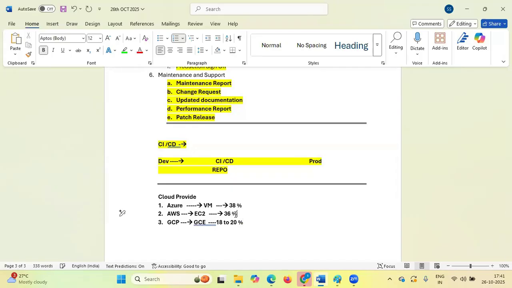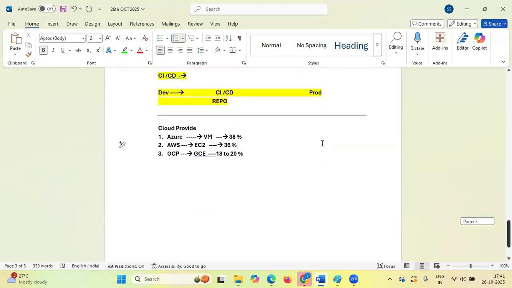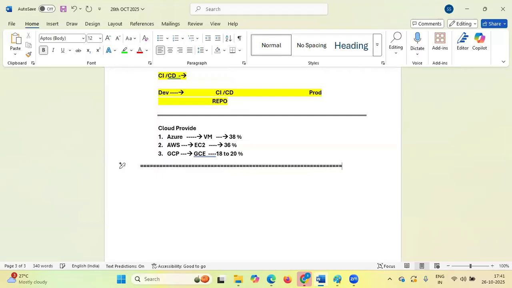If you know any one, the second or third will be very easy to understand, as I told you. Similarly, they also have the storage account in Azure. In AWS, we have S3, like that. We'll discuss in a later class. I'm not going into that much detail.